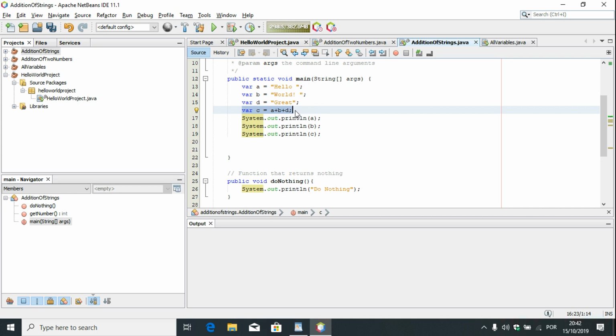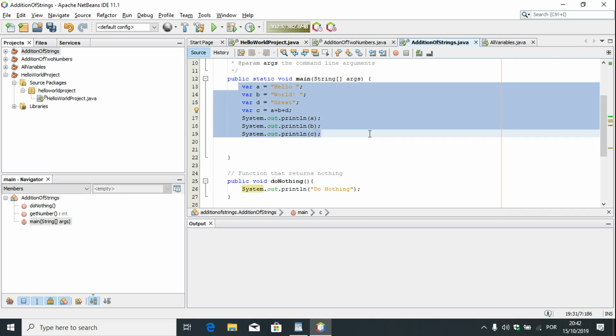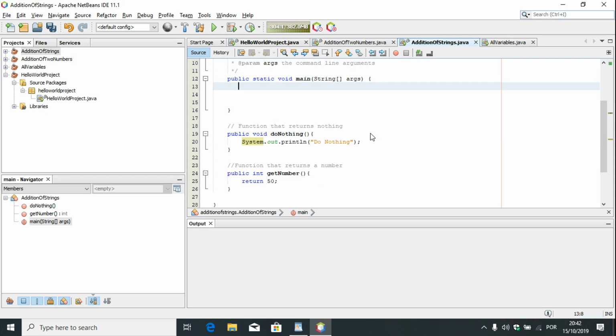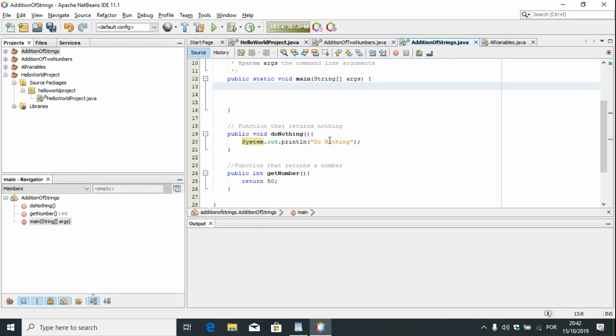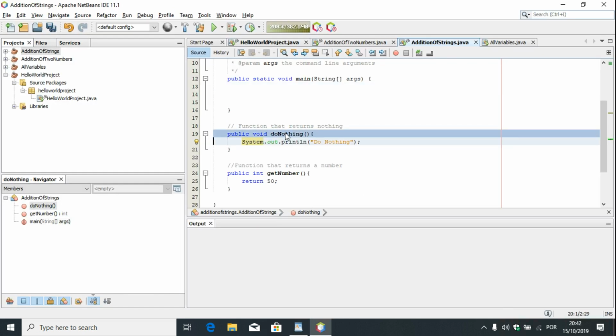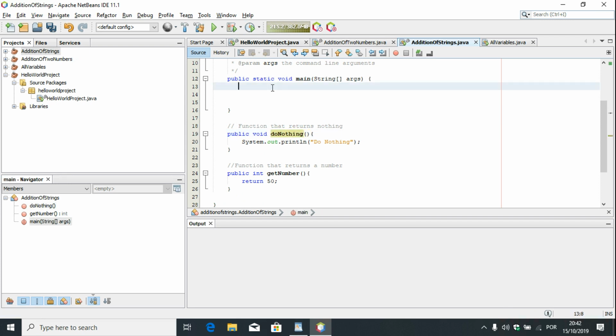So okay, we have written some function. Inside the main method, how do we call the function? We can call another function by its name. So what is the name of this function? Do nothing. We simply say it like this, and so when the